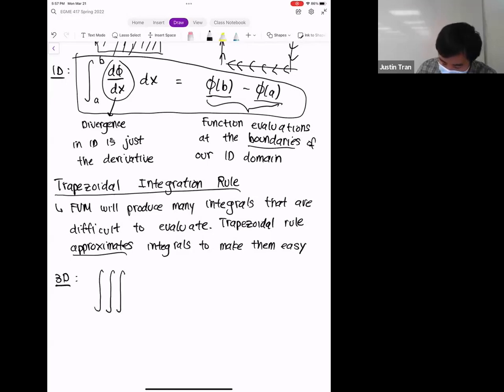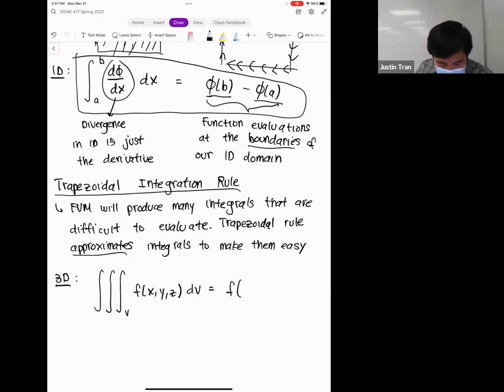All right, so in 3D, we might have a situation like this where we have some function. And since we're in 3 dimensions, this function is going to be a function of x, y, and z. And so a lot of people might look at that and think, oh, triple integral, I have to integrate 3 times. That's a big pain. And so another way to do this is that instead of performing the antiderivative, which I think most people will agree is the worst part of doing integrals,